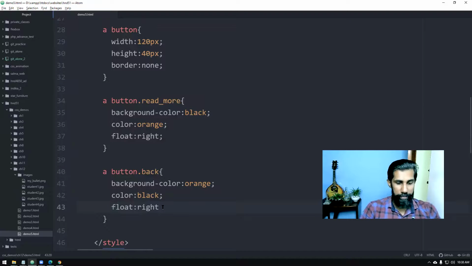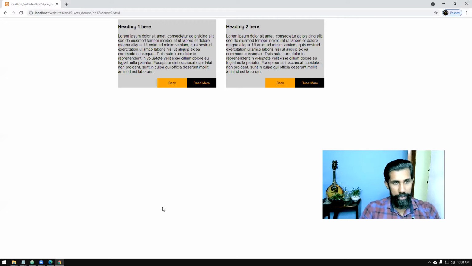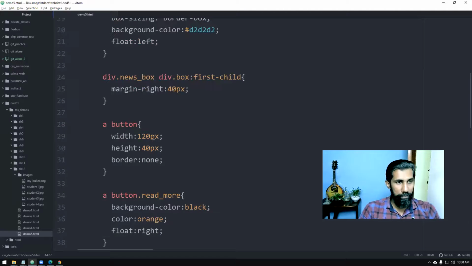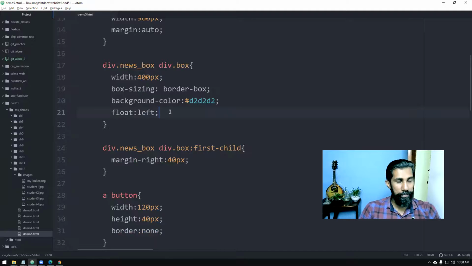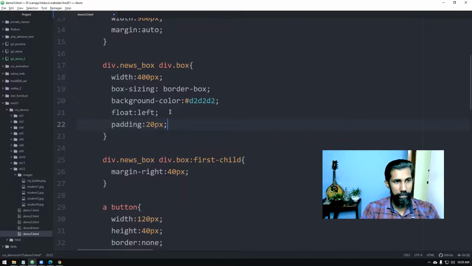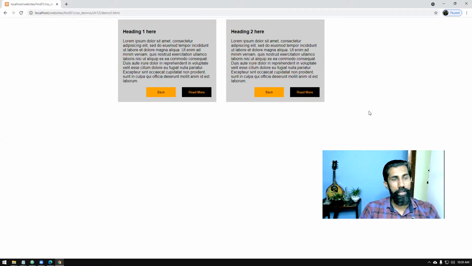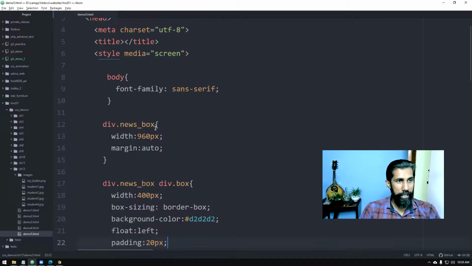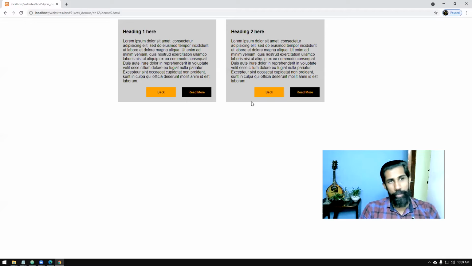So here I can say margin right, not left, okay? Margin right, 25px. So I'm going to have a gap here. That is how you learn, and that is how you practice it, okay? So it's very simple to work with them. So you can beautifully design things and it'll look very neat and it'll look very nice, right? Hope you understood this.